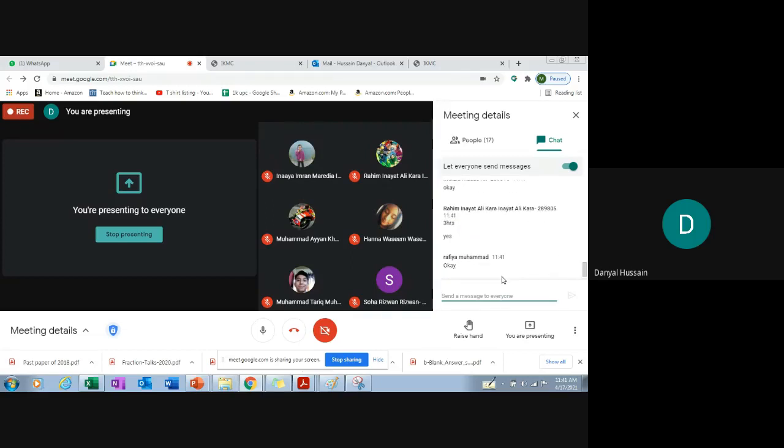Is there any other question regarding what we have discussed today? We discussed what kind of IKMC paper and what kind of questions can come. The second thing we discussed was negative marking. The third thing was how to download past papers. And the fourth thing was how to fill the answer sheet. Are all these things clear to all of you?